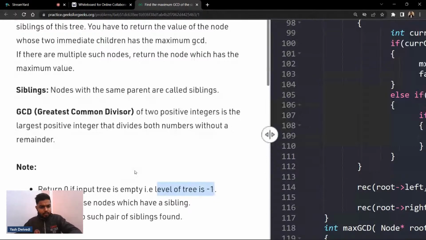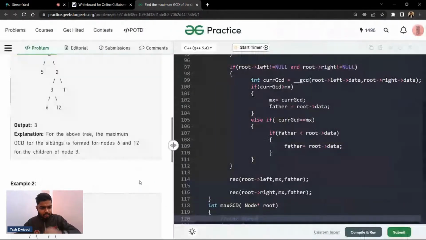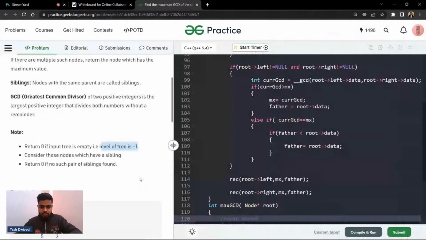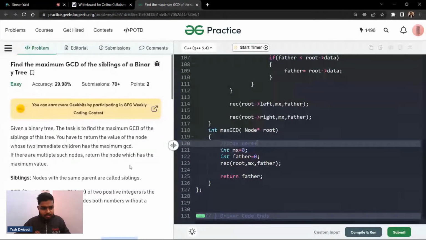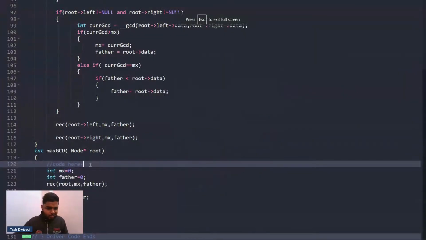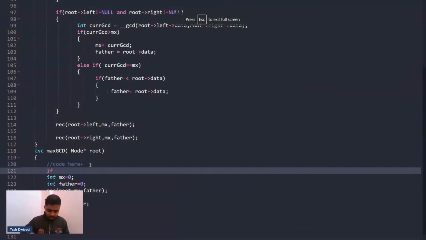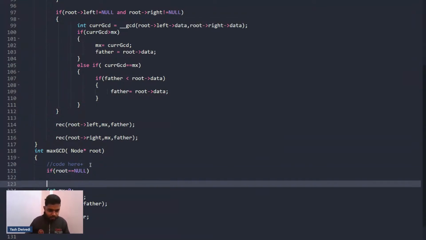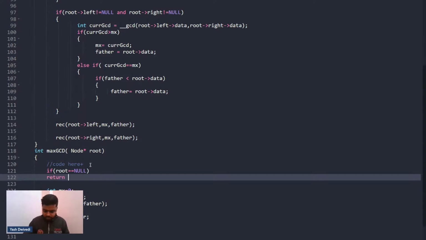Okay, so in this case, let's say we return zero if the input tree is empty. This is the edge case where a tree does not exist. So if it happens that the root is equal to null, then simply I can return nothing but zero here. Okay,